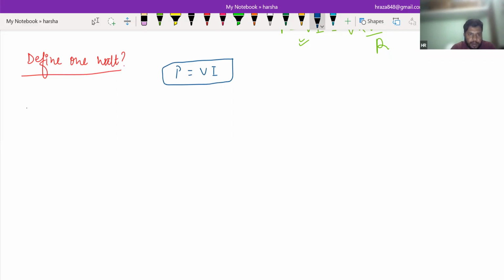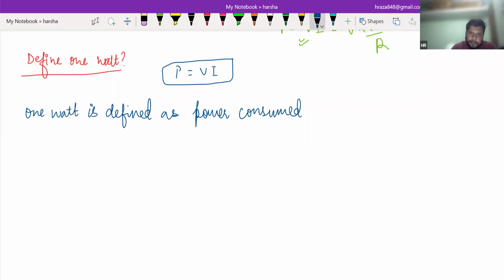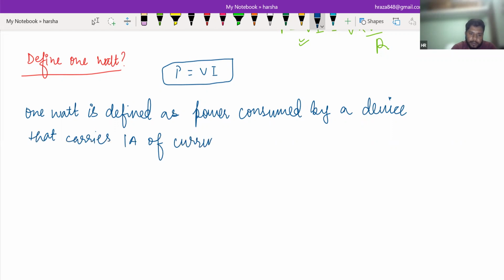Just see, 1 watt is defined as, write with me, power consumed by a device that carries 1 ampere of current, when operated at a potential